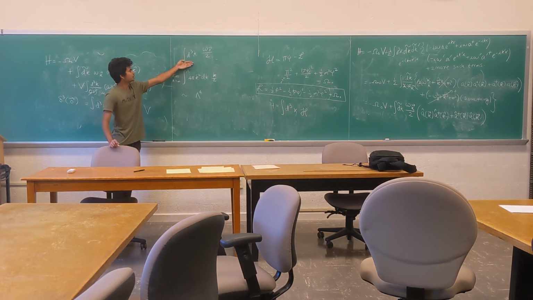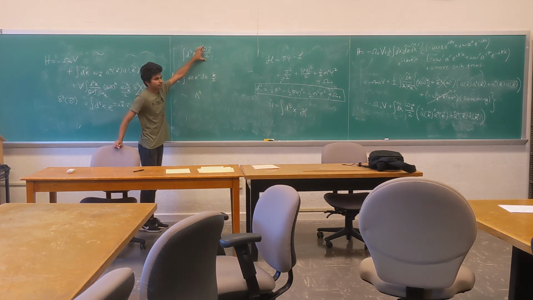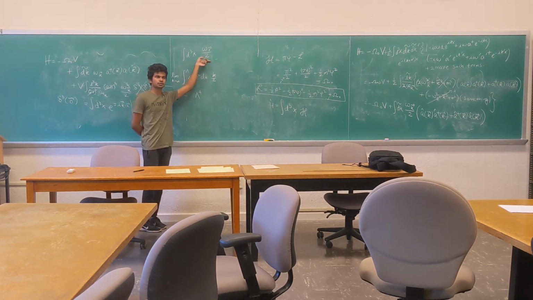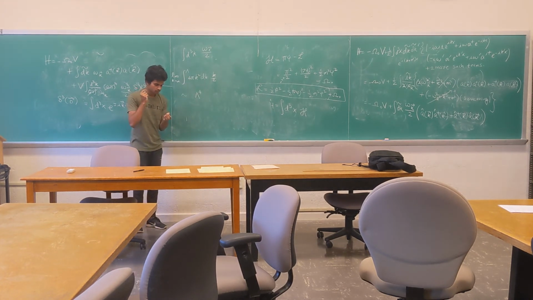If you look at this, you can see that this is sort of summing up omega k by 2 for every point in momentum space. So this is where we can see why she was talking about harmonic oscillators at every point in momentum space. Omega k by 2 is the ground state energy for a harmonic oscillator. And if we have one harmonic oscillator per every point in momentum space, you're bound to get infinite energy.